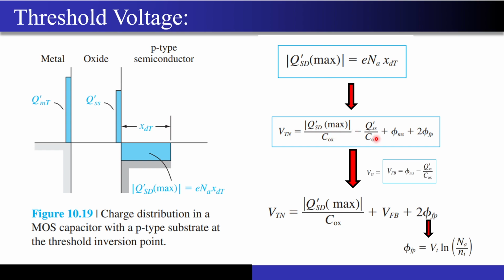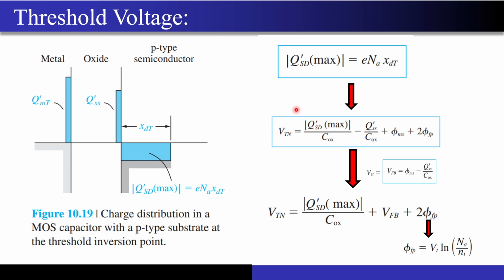Now we also had some band bending that happened because of the work function difference. So let's add phi ms over here. And I already told you, assuming that these impurities that are there in the oxide have a positive charge density, right? So we have to subtract this number, because some part will already be depleted because of these positive charged impurities that are stuck in the oxide, right? So these were the 4 terms that we actually had, and this QSD dash is nothing but your Q into Na into XD, right? But since we are talking about the threshold voltage now,